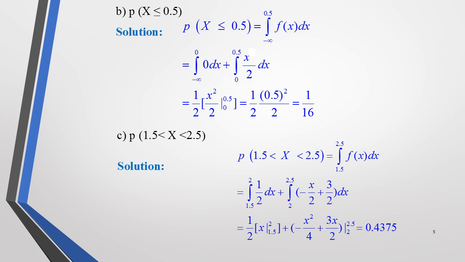So here we will integrate f of x from 1.5 to 2.5. This integral will be divided into two integrals. The first one from 1.5 to 2 of half dx, and the second one is from 2 to 2.5 of negative x over 2 plus 3 over 2 dx. Why? Because f of x has different definitions on each interval. After doing these integrals and adding them, we will end up with